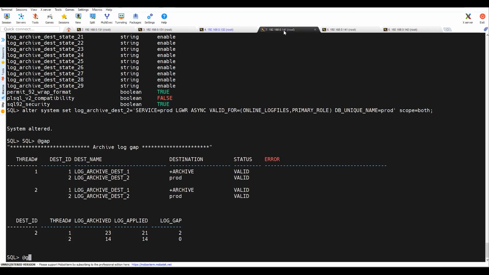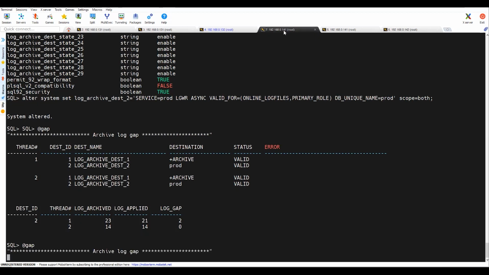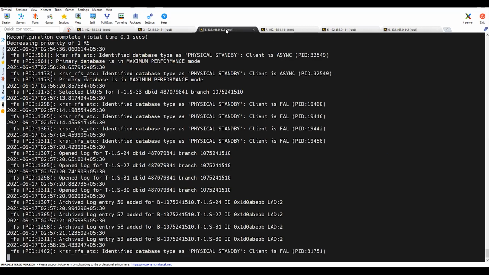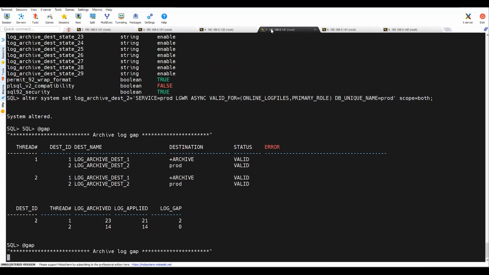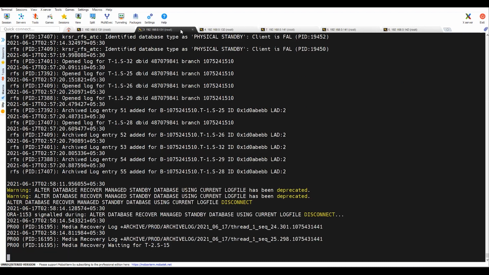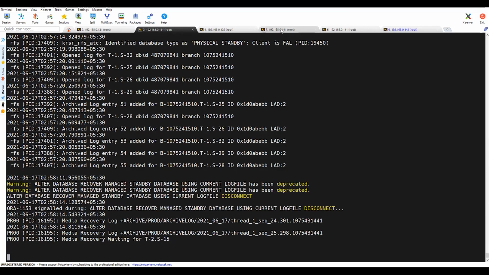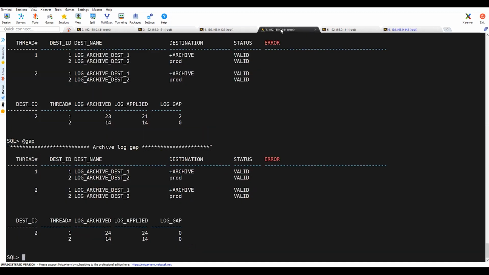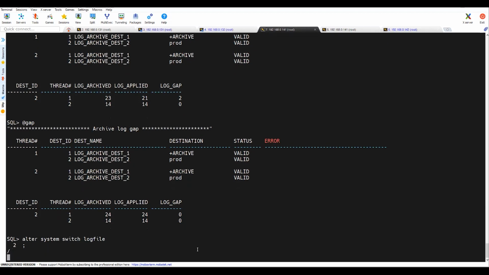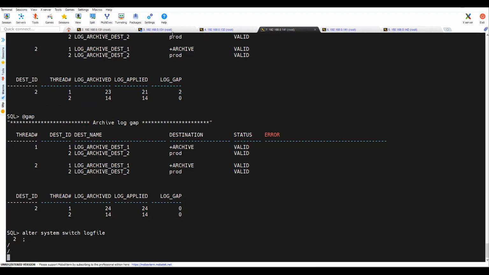The recovery was already running, so now you can see that the gap is resolved. What we can do is run the alter system switch log file 2 or 3 times, and try to see whether it is getting applied or not.